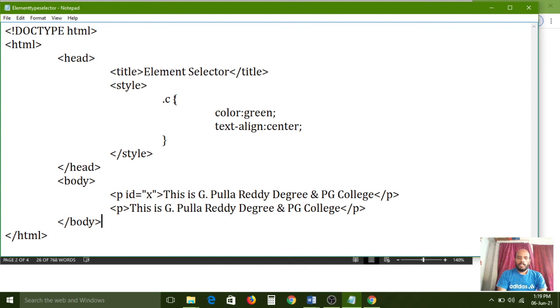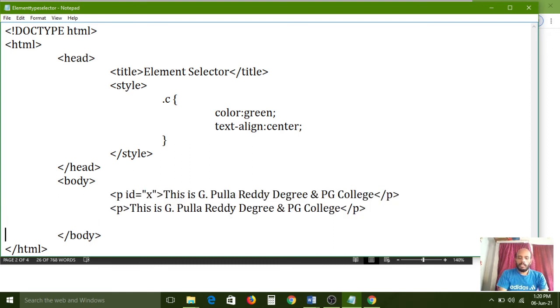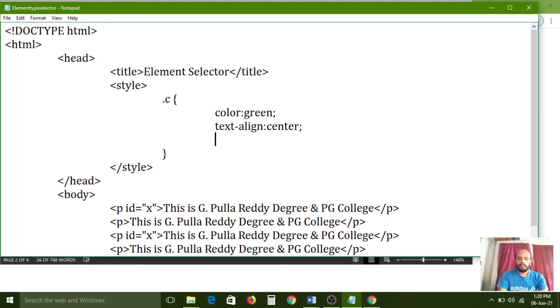Here the same paragraphs I am applying four times. The same details, and one more property I am also applying: background-color: sky blue.